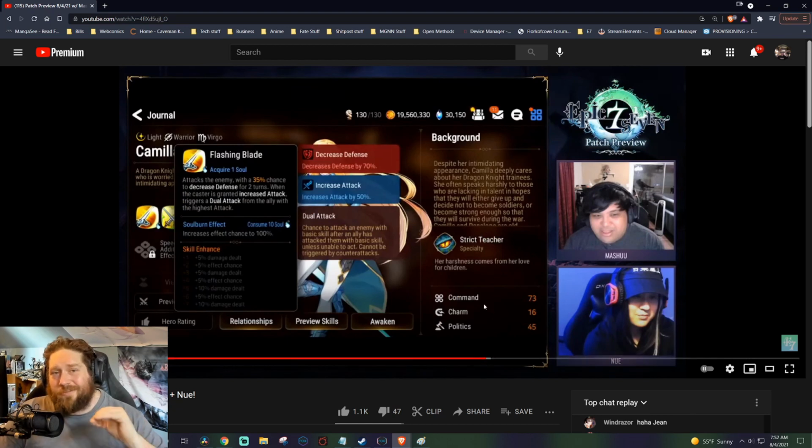Her first one up is going to be Flashing Blade, and this attacks the enemy with a 35% chance to decrease defense for 2 turns. When the caster is granted attack, triggers a dual attack from the ally with the highest attack. Think Adventurer Ross when she has attack, right? Now, this is going to be whenever she has an attack, her S1 is going to be pulling in that